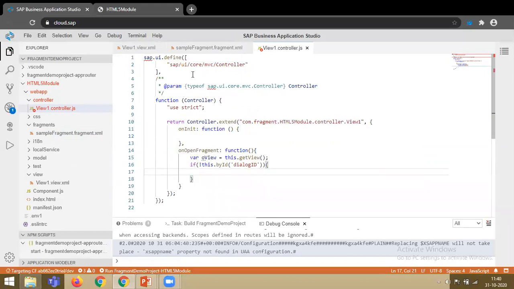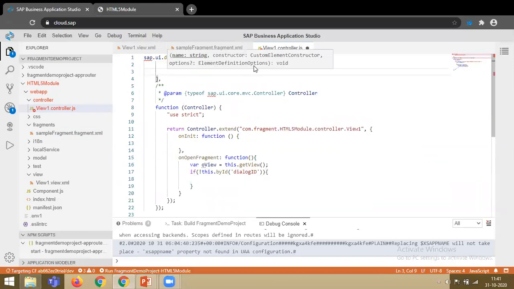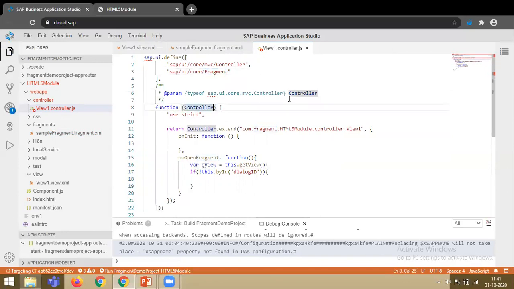So let's declare the Fragment at the top. Our fragment is located in the library sap.ui.core. So I need to pass this Fragment into our function parameter so that the Fragment will be available throughout our controller.